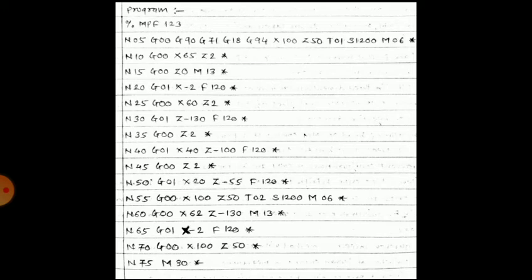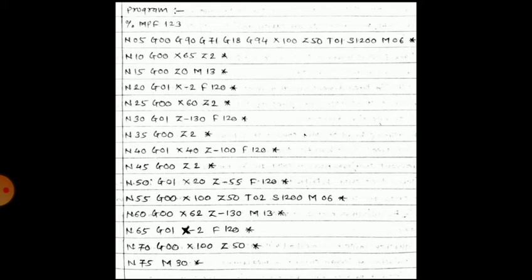Then N20 means it is G01 X minus 2 F120. F120 means the feed rate, because for this block the machining operation is carried out. So for that G01 is given. Where G00 is used, there will be no machining operation, the tool will move rapidly from one point to another point, and where G01 is mentioned, the machining operation is carried out at a controlled feed rate.